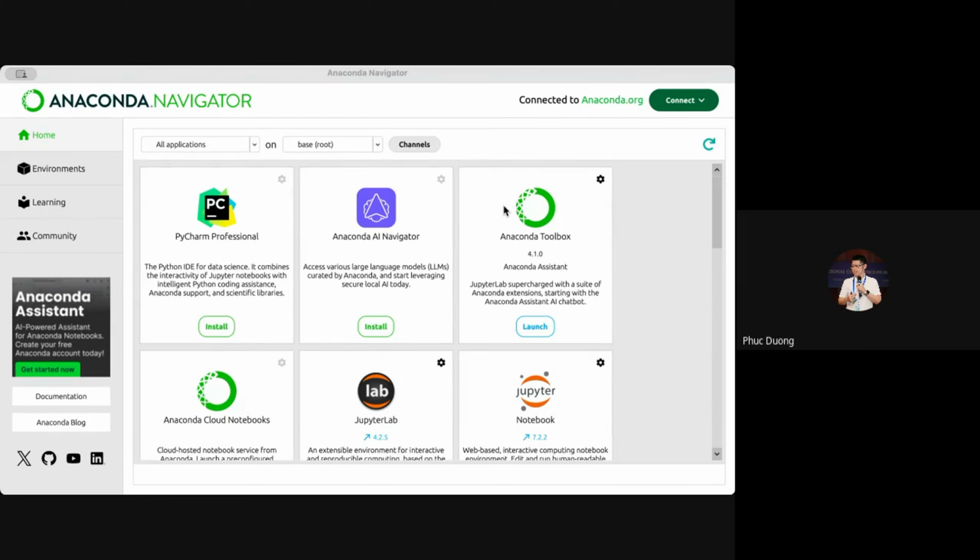Okay, so I will show you how to use Anaconda later, because in the first lab, in the first topic in FastAPI, at the moment we don't need to use Anaconda, so we can use some online Python compiler. As Phong said, we can use Google Colab for the first lab, for this lab today. And then I will guide you through Anaconda later. Okay, so let me share the screen.